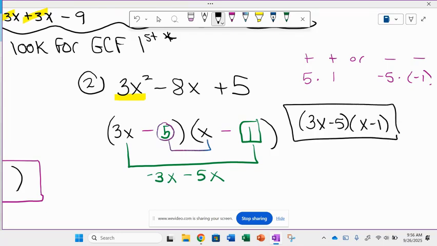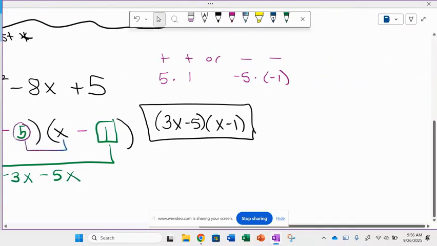Is our factored version. Does anybody want me to show them earmuffs? Okay, so if you did not learn earmuffs, this is so confusing. If I were you, I'd turn off your brains, because unless you learned it and practiced it all of Algebra 1, you're going to be completely lost by it. So the way earmuffs works,